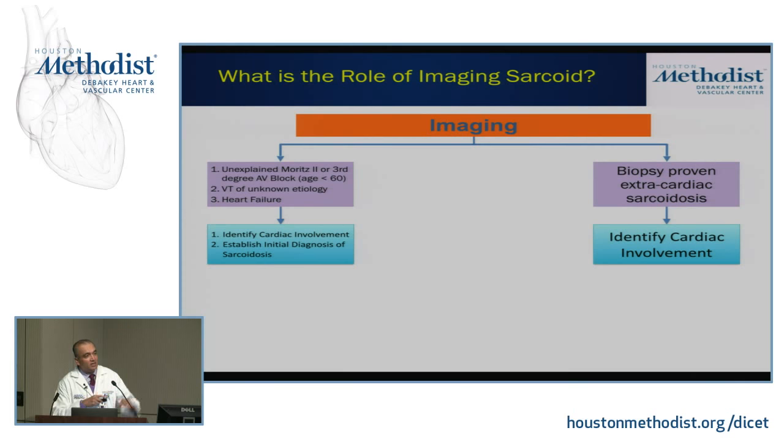That was just showing essentially multi-center meta-analyses showing the same findings. And so again, to wrap up for sarcoid, here's what you look for. If you have somebody who has known extracardiac sarcoid, CMR can be useful to identify cardiac involvement. On the flip side, if you have somebody who presents with unexplained Mobitz 2 or third degree AV block but who's under the age of 60, somebody who has VT of unknown origin, or somebody who has heart failure, CMR could be useful to identify cardiac involvement